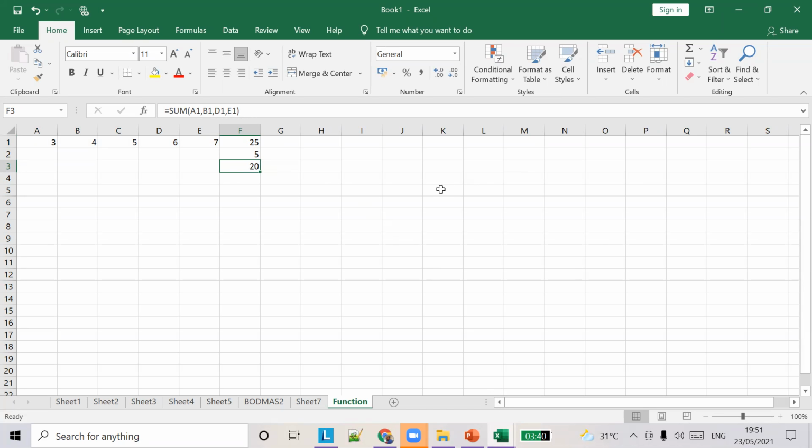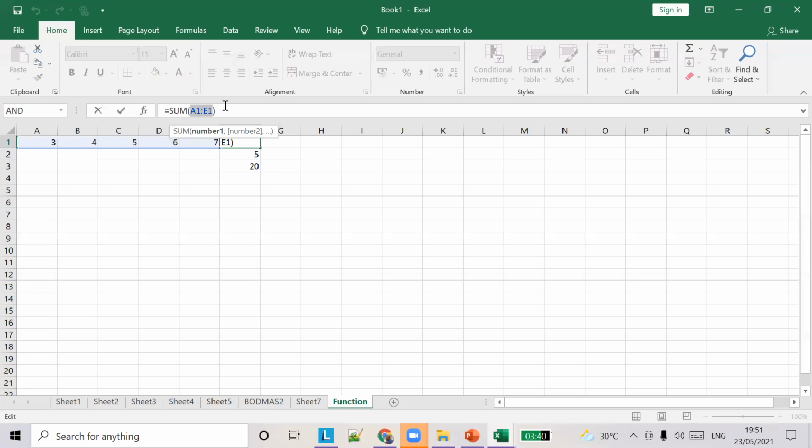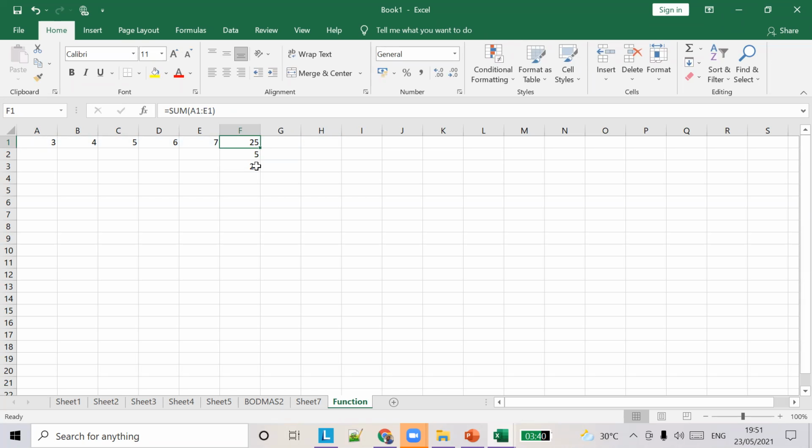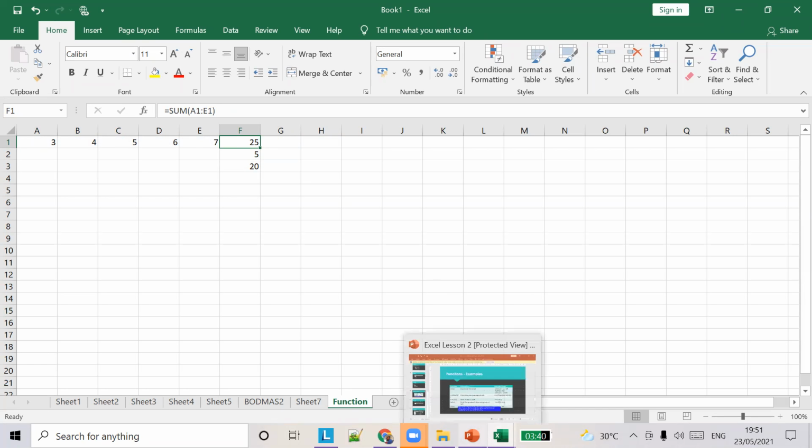If I want to use comma, I can leave out anyone also. Like I don't want B, I don't want C, I can leave them. Yeah. But when it comes to range, you cannot exclude that one. You are correct. That's the difference between using the range and comma separated values. Faisal, are you clear? Yes, I am clear.